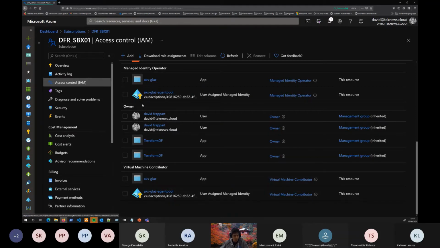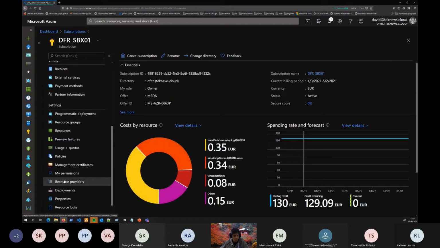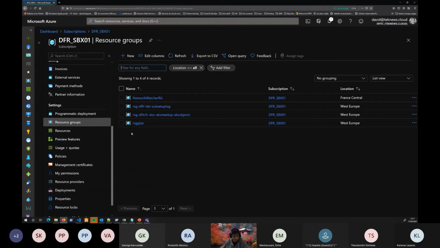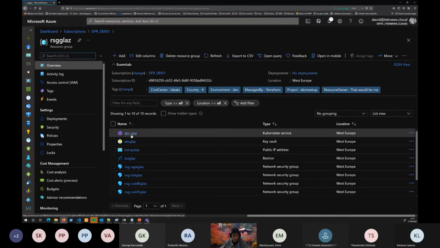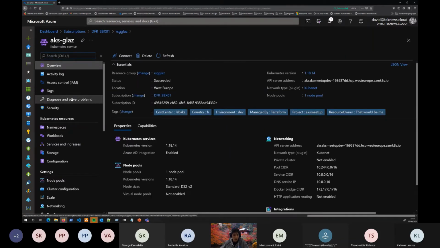And if you were attentive, you may have noticed that it was the name of my cluster. So here is my resource group. Here is my Kubernetes cluster. You cannot see the system assigned identity associated with your Kubernetes cluster at this point. But just so you know, since this is an AKS cluster, Azure ID integrated with the new way, which is called Managed Identity, Managed Azure ID, it is granted by default a system assigned identity for the control plane, which in its turn will be the identity that you will use to grant access to your Kubernetes cluster.